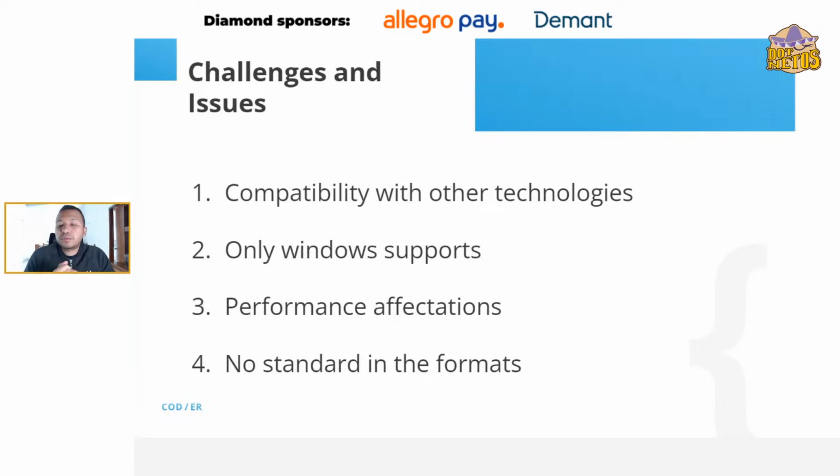Also, we can have performance affectation. This is obviously not related to the generic components or the default tools in the framework. This is more related to the libraries. Some libraries that we saw before, in some specific scenarios, can have some performance issues, and also this is going to affect our project. Remember, this is a non-functional requirement. This is not related to the functionality. So the user is going to see some performance issues